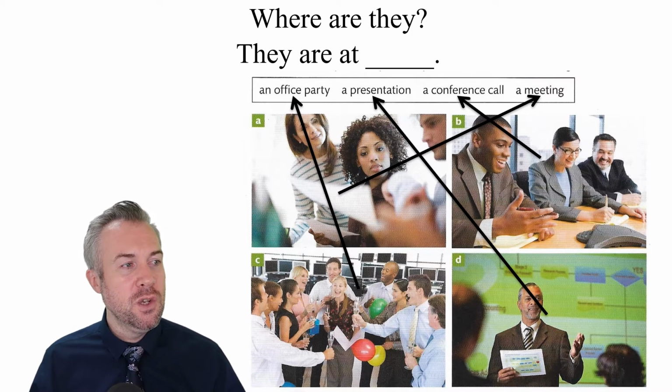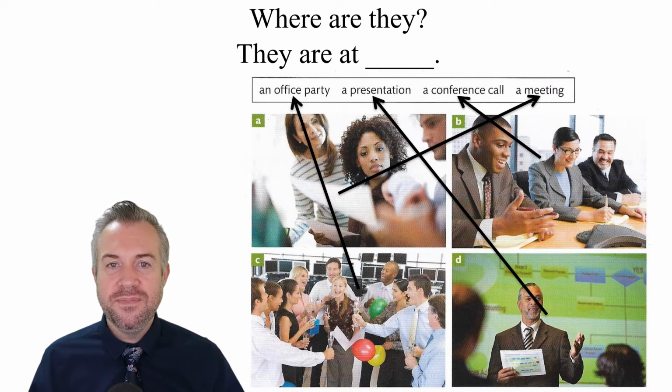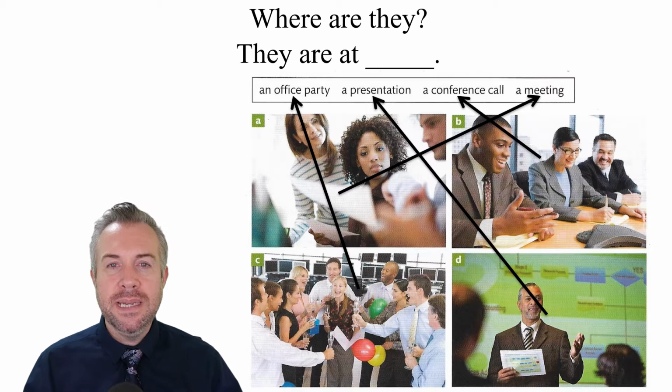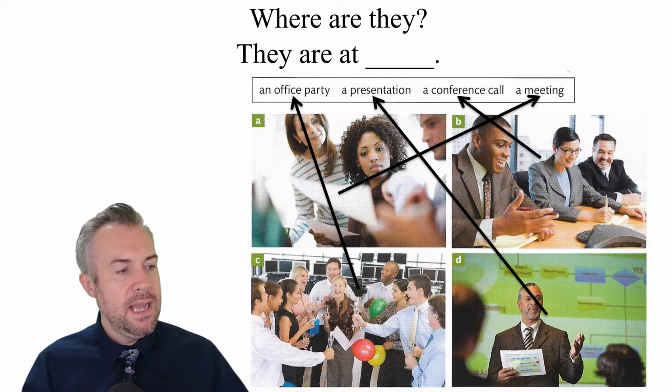Very good. So picture A, they are at a meeting. B, they are at a conference call. C, they are at an office party. And D, they are at a presentation. Very good. Let's now start talking about the details of these meetings or these schedules. Have a look at the